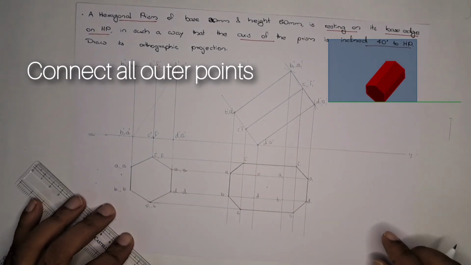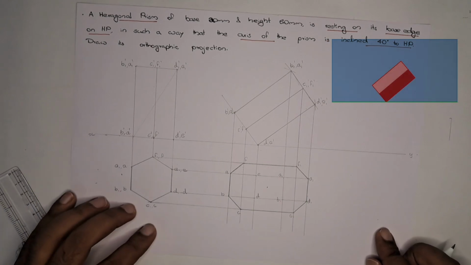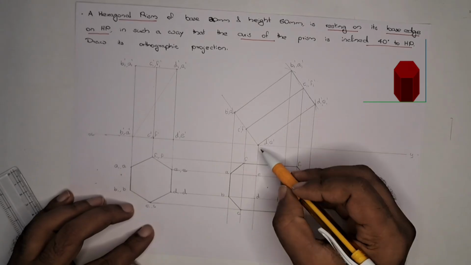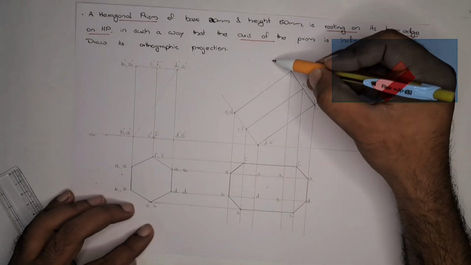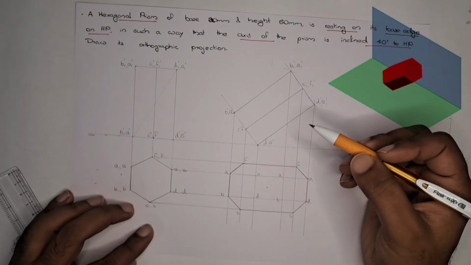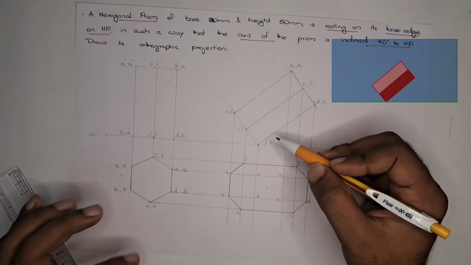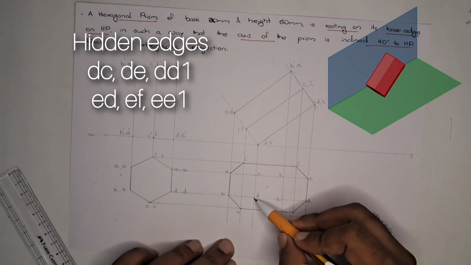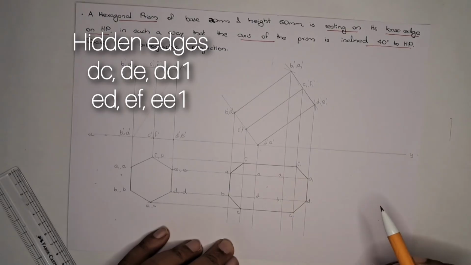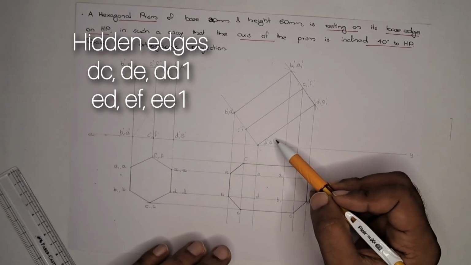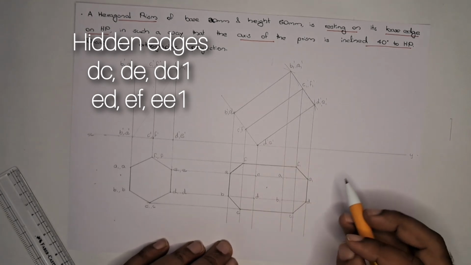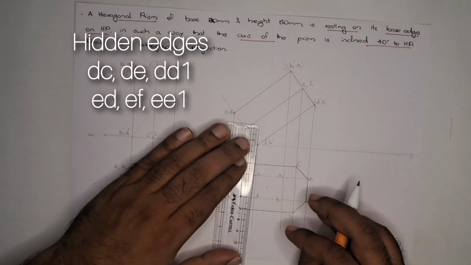So we connect the outer points. Now we are going to find out the hidden edges. The points near to the XY line will be hidden when we look from here. So D dash and E dash will be hidden. From each point there will be 3 lines. From D there's a line to DC, DE, DD1. From E also there will be 3 lines from the corner E. So that is EF, ED, EE1. So we have to connect that as hidden edges